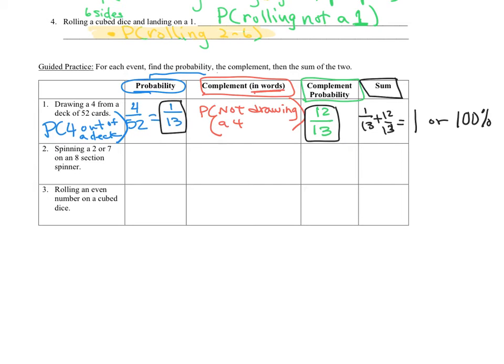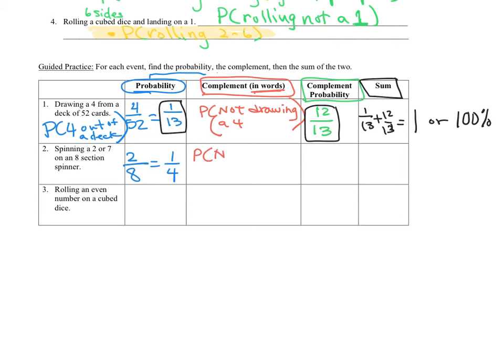So let's go back over here and do the spinning a 2 or a 7 on an 8-section spinner. So there's 8 sections, and a 2 or 7 is 2 of them, so that equals 1/4. And we're going to do the complement. The complement of that is